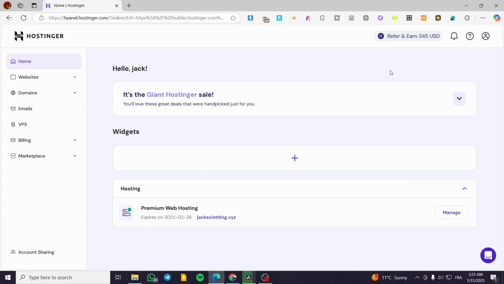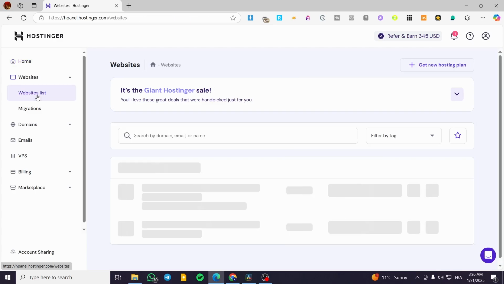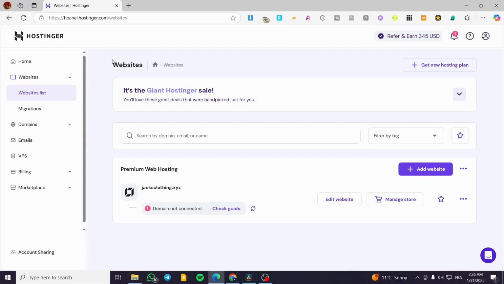So here we are going to head over to hostinger.com, sign in for an account within the platform, and then as you can see, we have the Hostinger panel or the dashboard. Now, what we're going to do is head over to Websites in here, click on it, and click on Websites list. Now, I'm going to click on here, and then we're going to see all of the